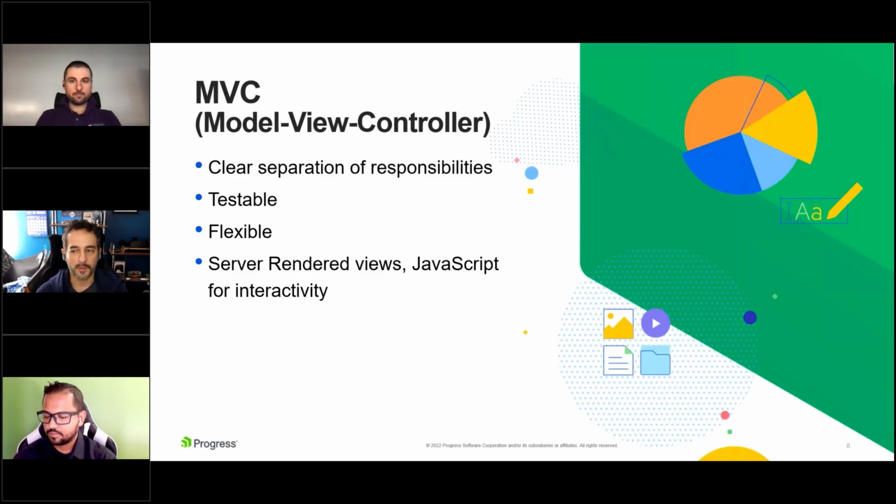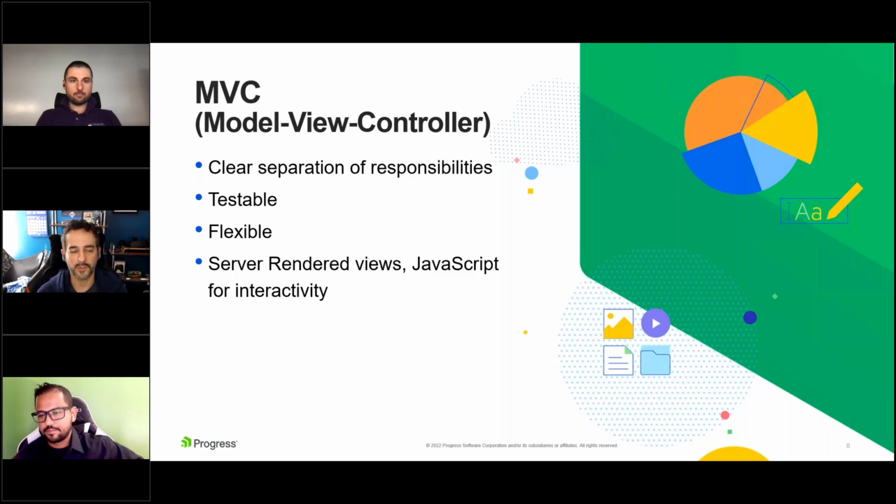Let's talk a little bit about MVC in general. If you're coming from web forms, you haven't looked at this yet. We're talking about model view controller. So we're talking about a clear separation of responsibilities. We're going to have a set of code that is our model or data model. We're going to have our view, which is our UI logic, and then our controller, which is doing business logic, fetching data, those sort of things. It's very testable because of these separations. It's very flexible. You can add things in and out of this very easily because of the pluggable MVC pattern here.